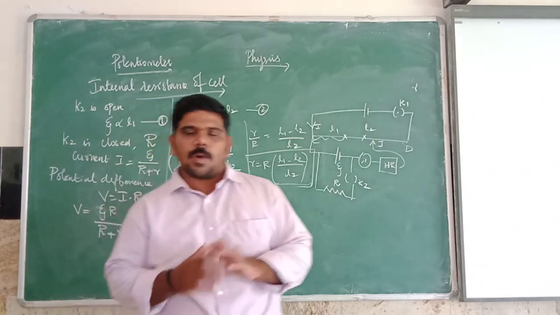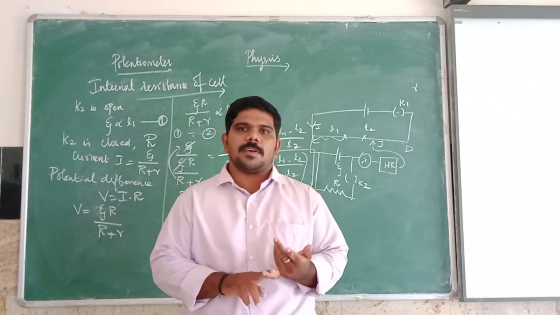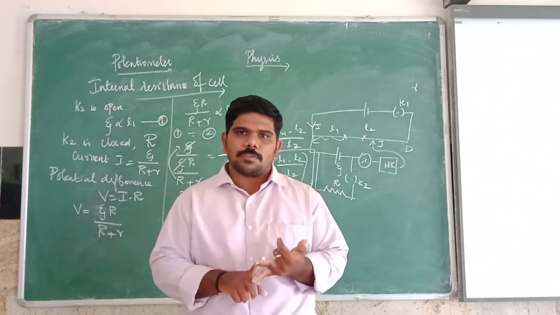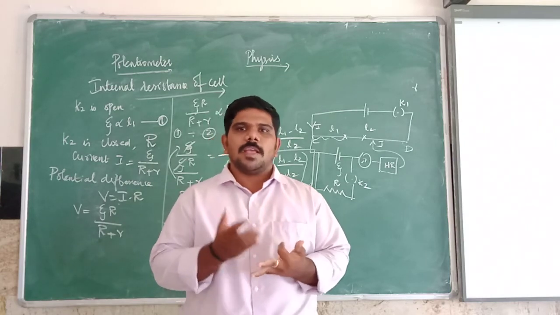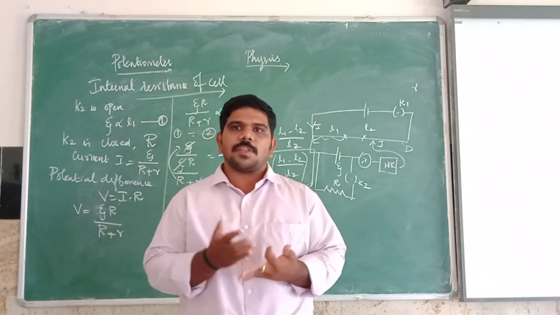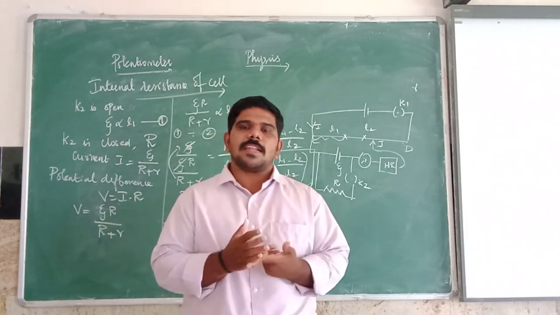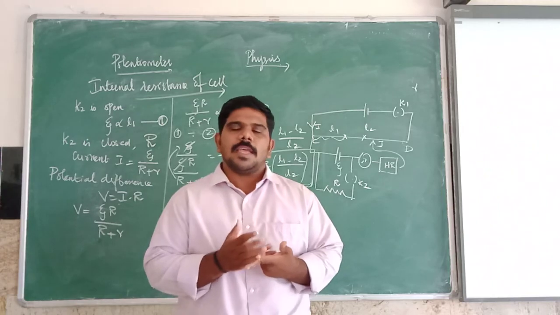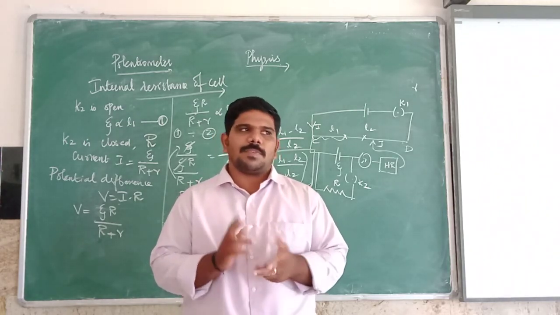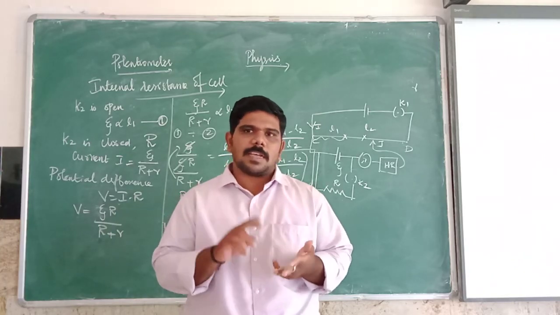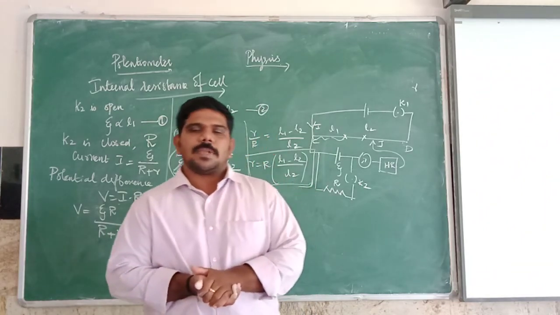So for this session, what questions did we learn? The first question: what is meant by potentiometer? Second question: state the principle of potentiometer. They can ask for a 2 mark question as well as a 3 mark question. Then the third one is the comparison of two EMF cells using potentiometer, one of the important 5 mark questions. The next one is the internal resistance of an EMF cell using potentiometer. So we have taken 2 important 5 mark questions as well as 2 important 3 mark questions.